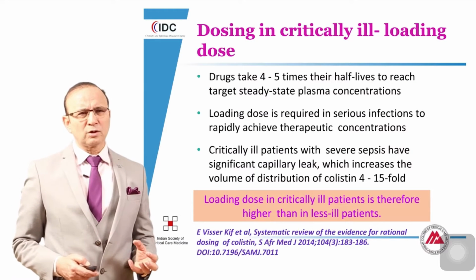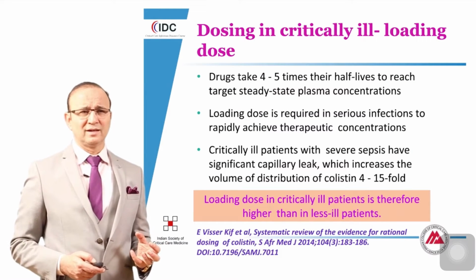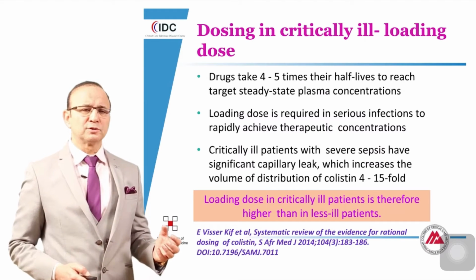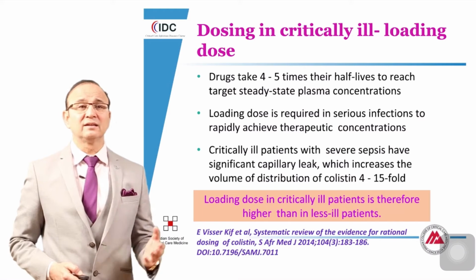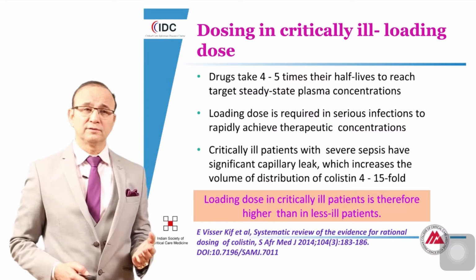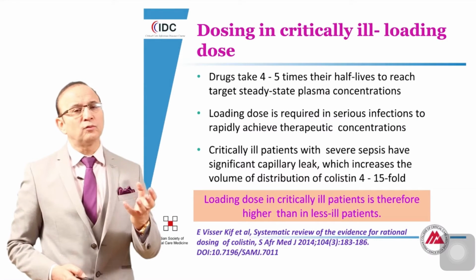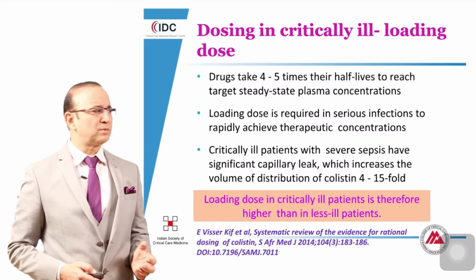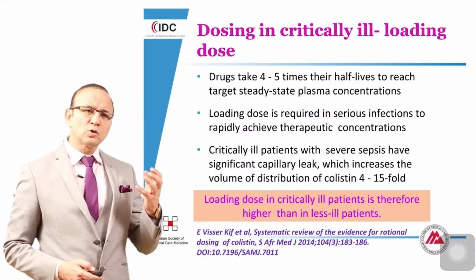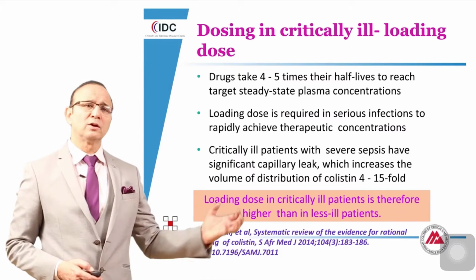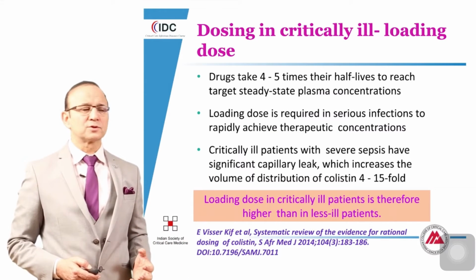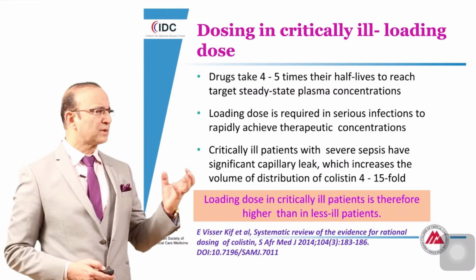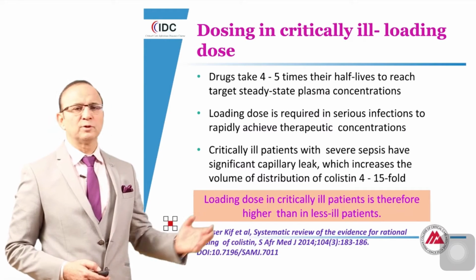There's a little bit more about dosing in critically ill patients. One must remember the volume of distribution of drugs in a critically ill patient is totally different. It takes about 4 to 5 half-lives to reach a target steady state plasma concentration, so you require a loading dose. If you don't give a loading dose, the effect will not come soon. So in critically ill patients, you require a loading dose, which is usually higher than what you give routinely